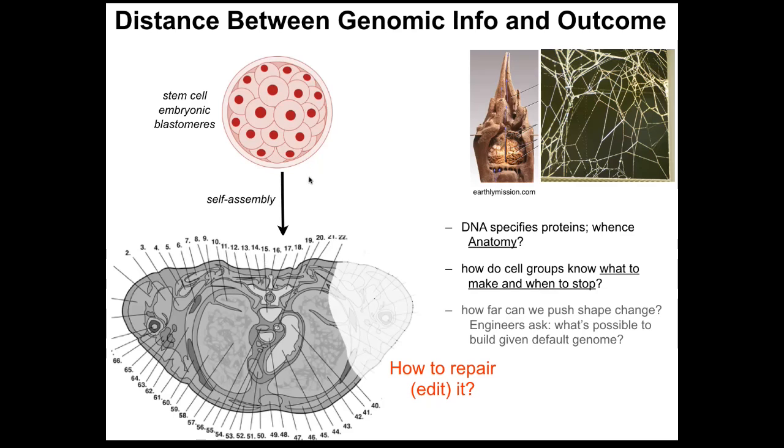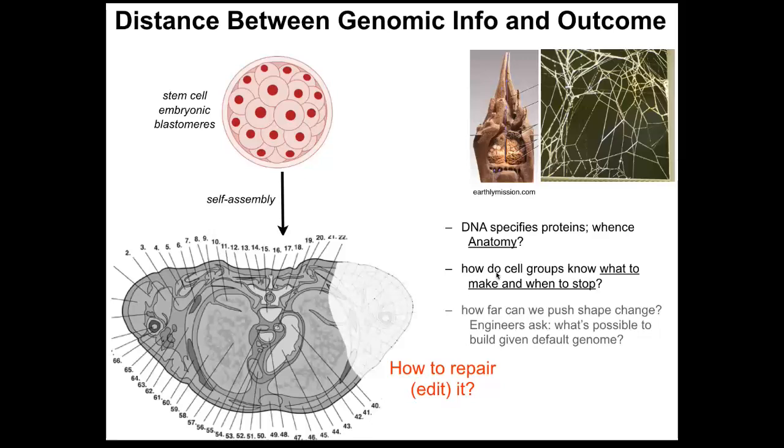What you see in the genome is information about protein structure and some other information about when and how these proteins become expressed. It doesn't say anything directly about the size, the shape, the symmetry of the body or anything like that. So we still have this distance that we need to bridge between what's actually the hardware specification that is in the genome and the kind of physiological software